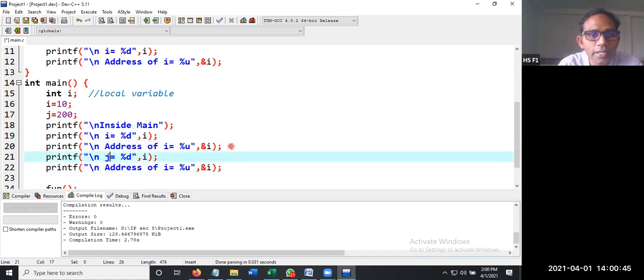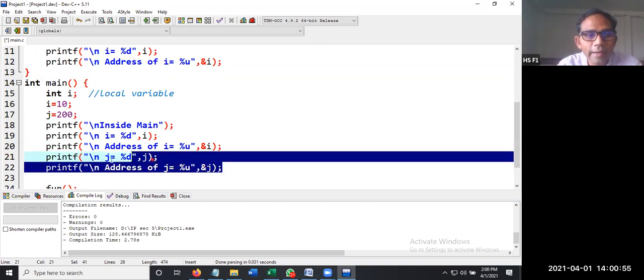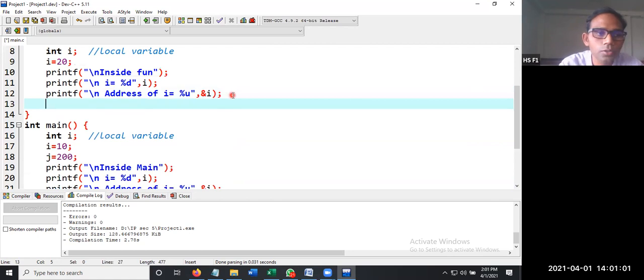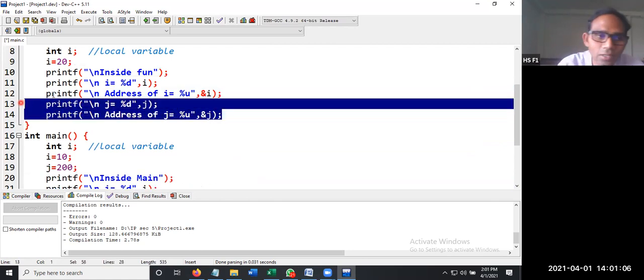So we are printing the J value, which is a global variable, and we are printing the address. Let us do the same thing inside the function also. So here also we are printing J value and address of J.